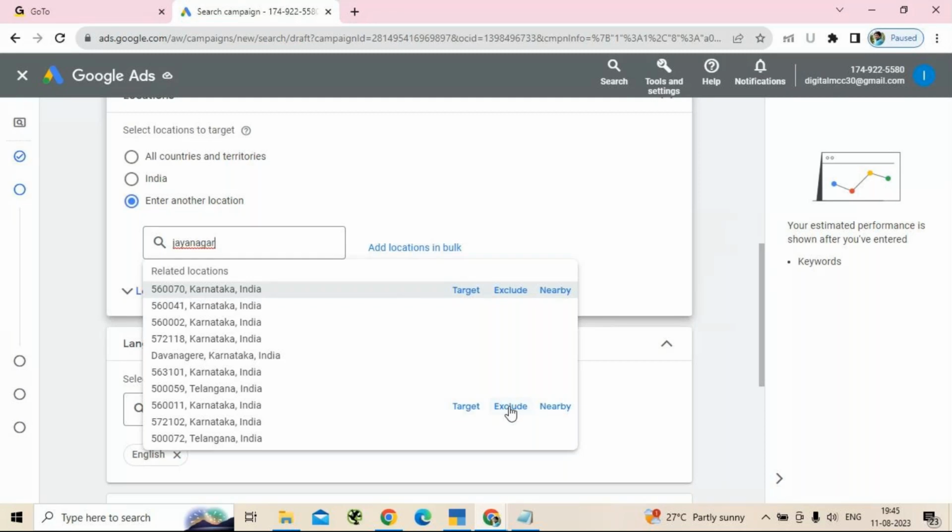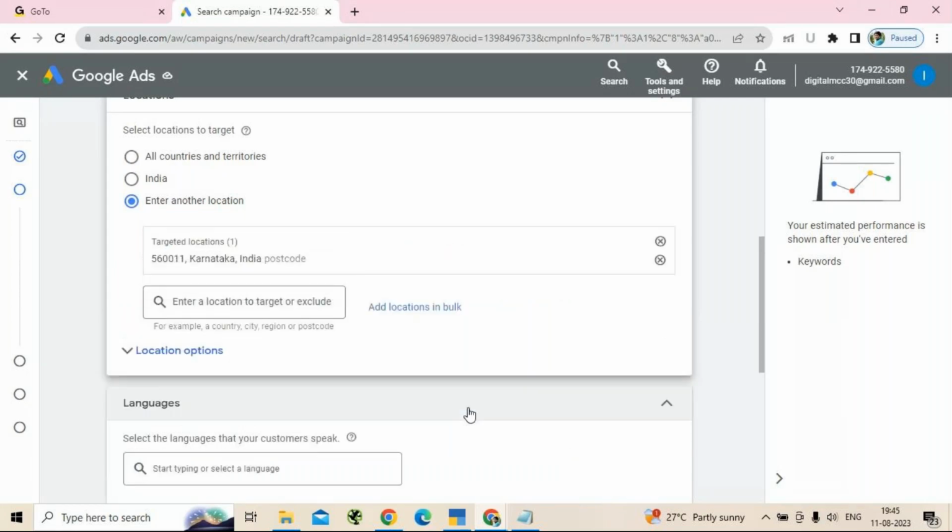Also you can choose exclude. Exclude means that within the area or region you have selected, if you want to stop the ad from being shown for a particular place, you can select it over here. Okay, let me show you.